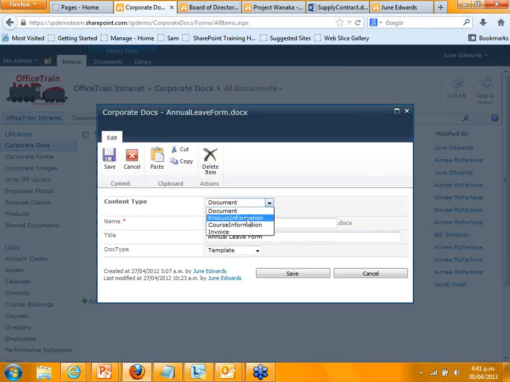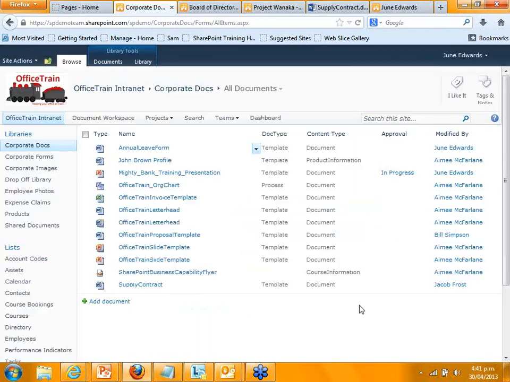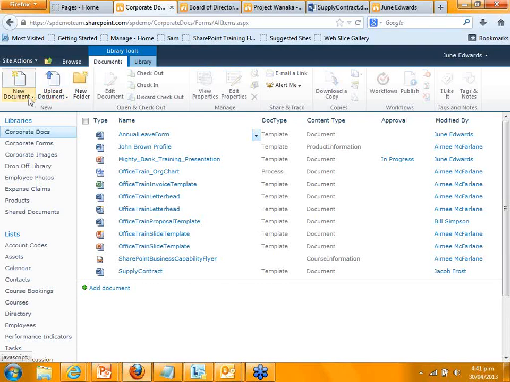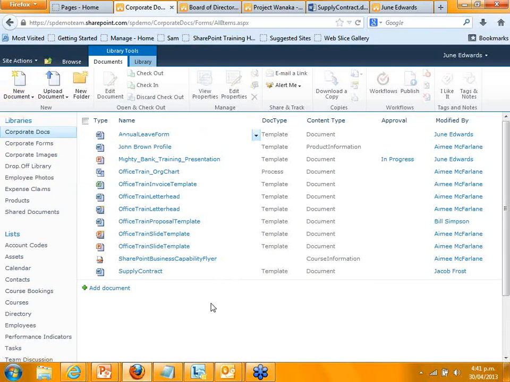I can actually change the type of document I have in this particular library, and it'll give me a different set of metadata based on what I've put in there. Without going into that in too much detail, I just want to show you the reason for wanting to do that is underneath the document tab here, I can actually go new document, and I can have all these templates preloaded so that my users just have to go in and go, I want to create a new invoice, I want to create a new product information sheet, or whatever there.